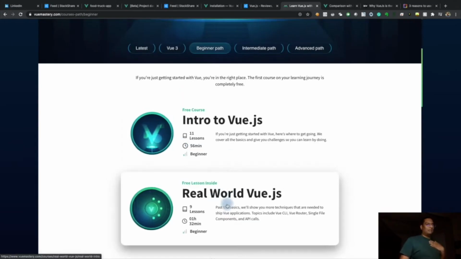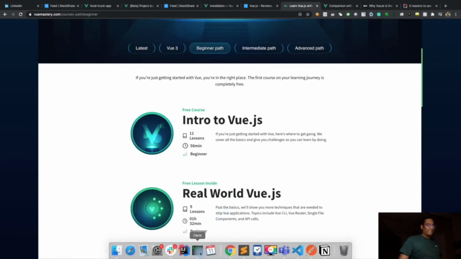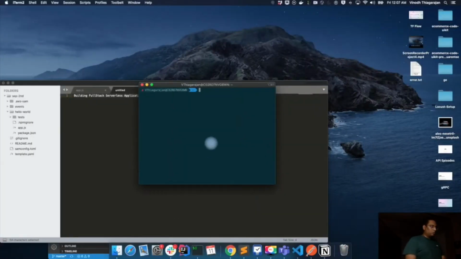Now, since I have it already installed, let me go to my downloads directory, because that is the directory I always clear by the end of the day. And then I'll run Vue CLI or Vue UI. When I run Vue UI, it will launch the Vue UI application, which is basically a Vue project manager, in my localhost 3000,